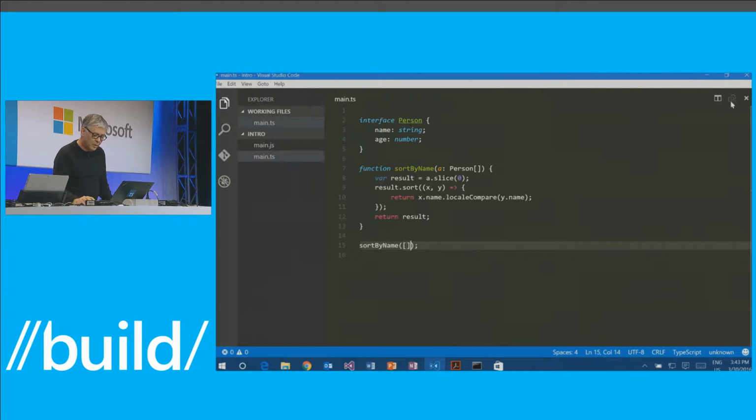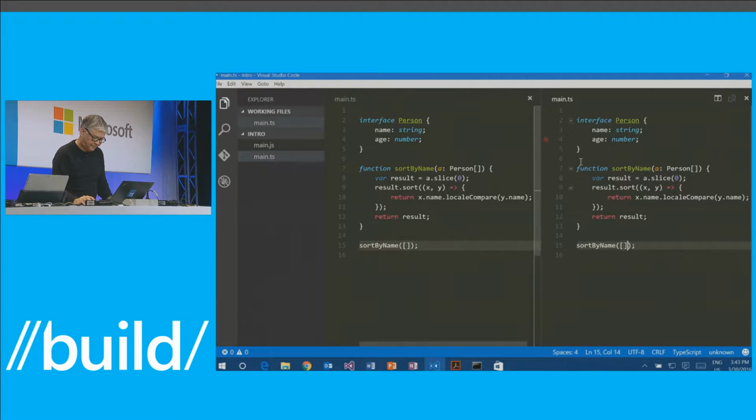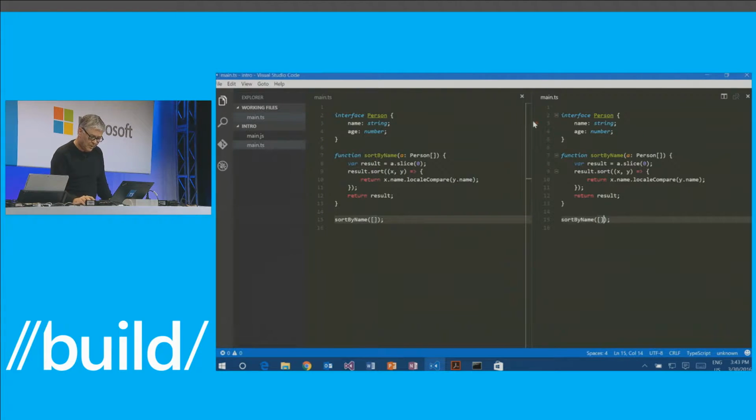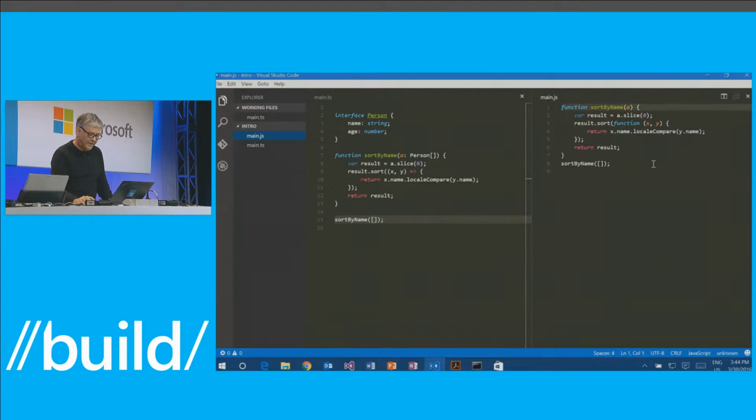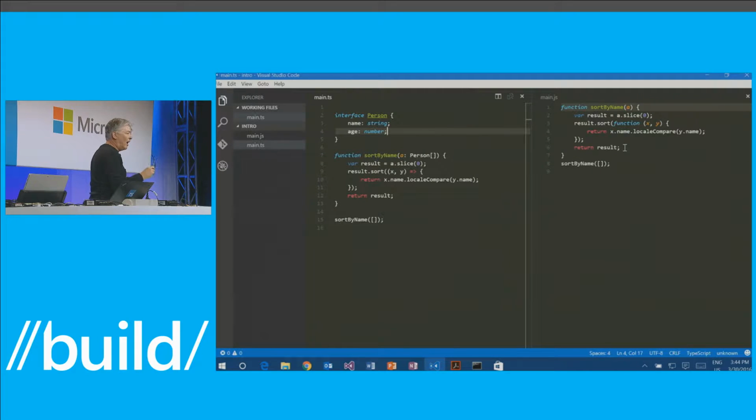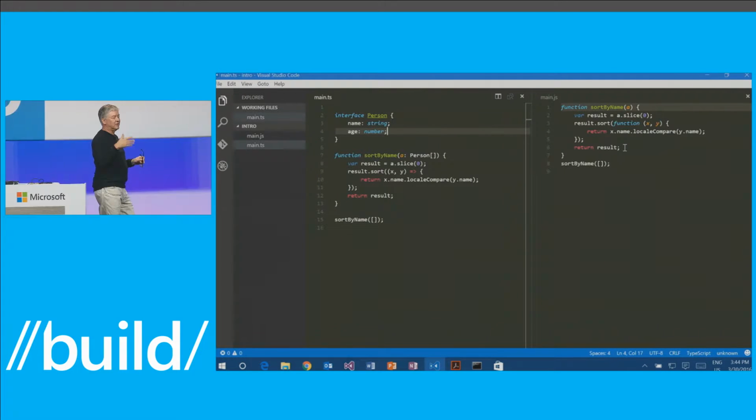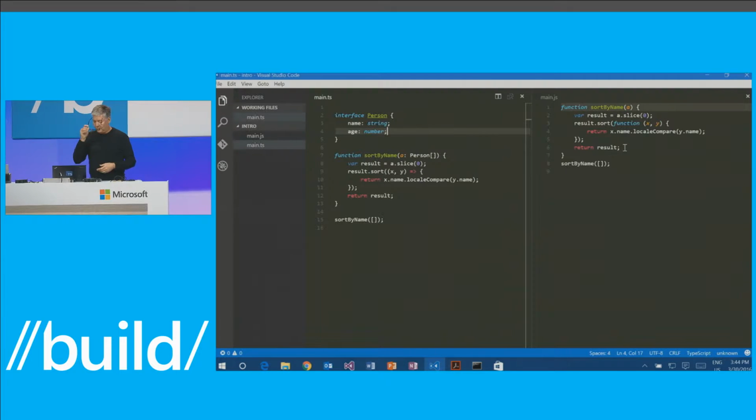Then we can try to go into two panes here. Let me actually maybe zoom it down a little bit again. And then over in this pane here, we will look at the JavaScript file. And so here you see the TypeScript, and here you see the output JavaScript. And lo and behold, it's exactly the same. All that happened was that the types went away. And that's really how TypeScript works. It just removes the types and outputs JavaScript that'll run in your browser.